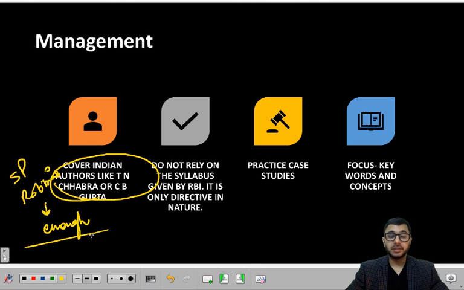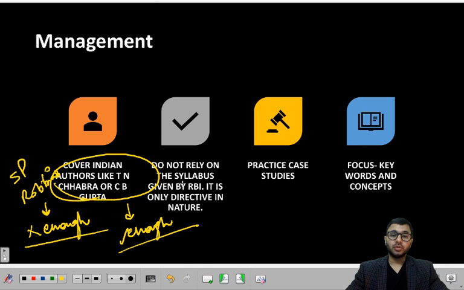They don't cover everything. Indian authors, although the coverage is bad, I mean, by bad I mean the explanations are very technical. The explanations at times are confusing because it's a copy paste job that they've done. They picked out things from various sources and just accumulated them there. But the coverage is always enough. They cover everything that can be asked in the examination.